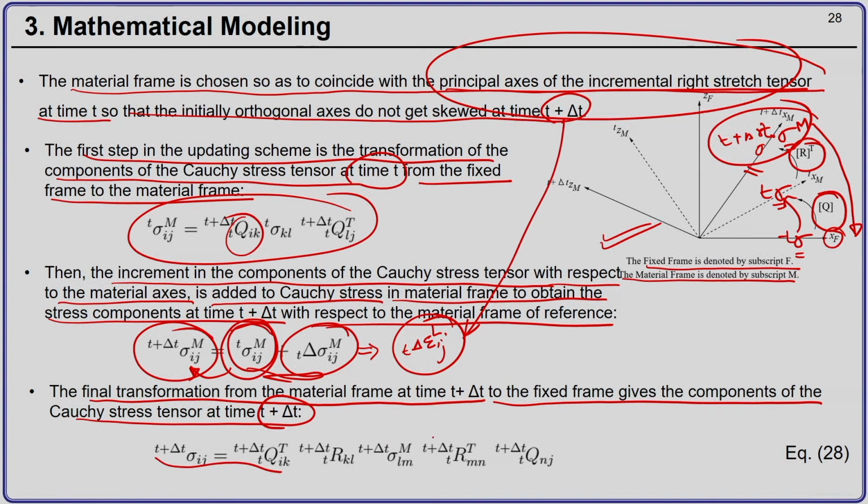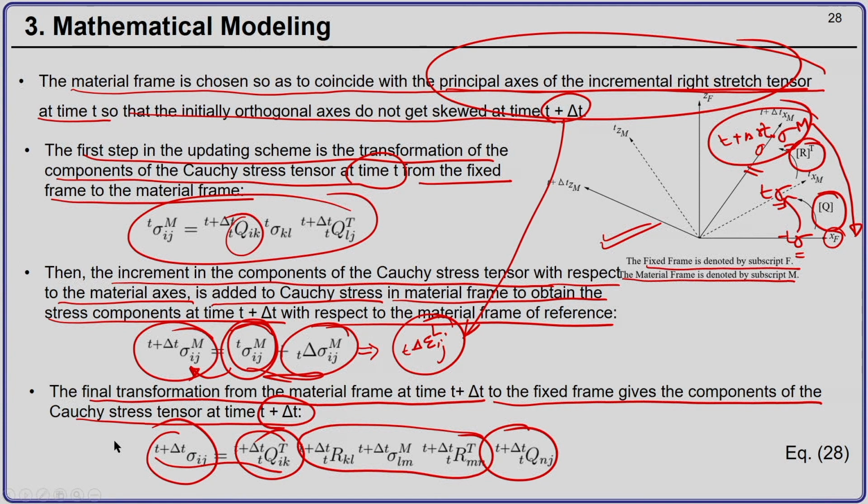So, I first use the rotation to go back to the material frame at time t, and then I use the transformation matrix to go back to the fixed frame at time t plus delta t, and then we get the Cauchy stress at time t plus delta t. What you can observe from our previous discussion on objective stress measure, here the incremental Cauchy stress is